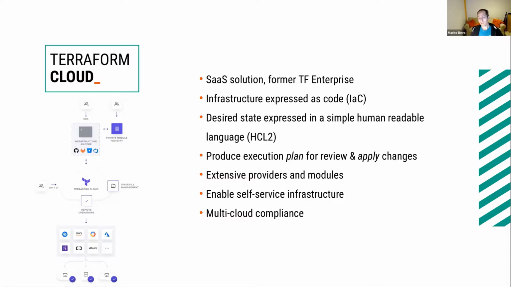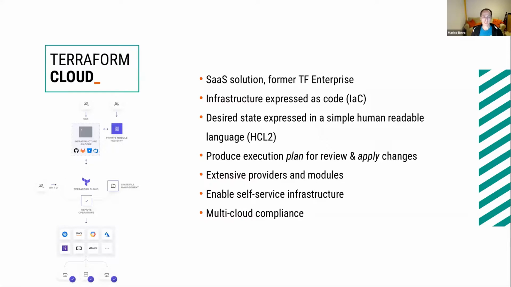It offers an extensive set of providers and modules, and most importantly, it offers self-service infrastructure as code. So beyond using just Terraform, Terraform Cloud actually offers that you can run your Terraform in the cloud